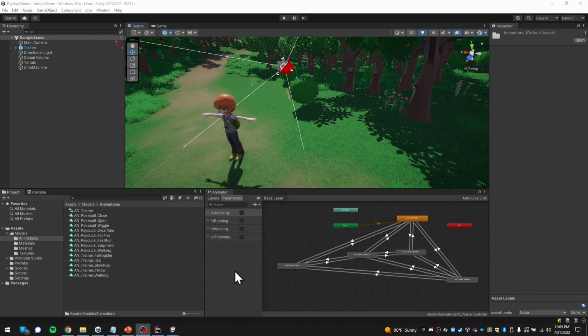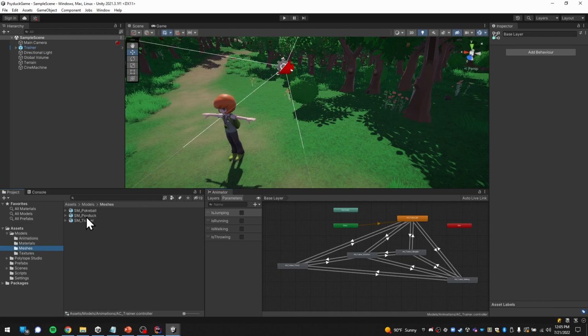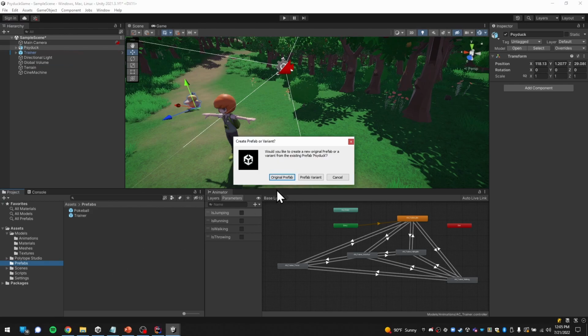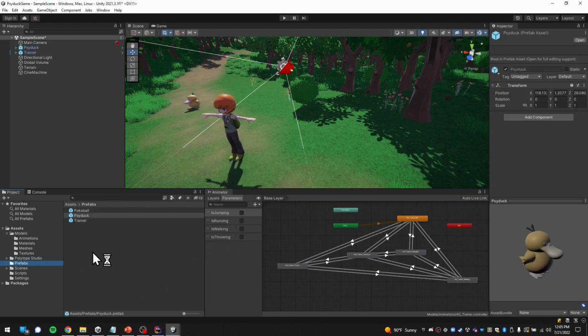So let's start with getting ourselves a target to throw our Pokeballs at. Let's put a PsyDuck in the map. So we want to go to our models, to the meshes, and grab a PsyDuck. Just drop PsyDuck in the map, and we're immediately going to turn it into a prefab. So I'm going to remove the SM part and just have a PsyDuck, and then in the prefabs folder, we can just drag and drop PsyDuck there. It's going to be an original prefab, and this is going to be our PsyDuck prefab that we will be